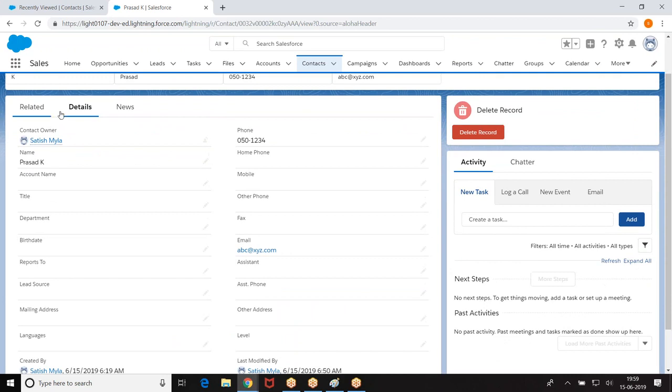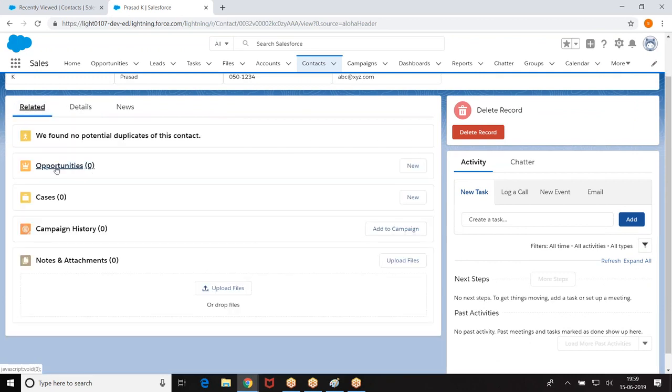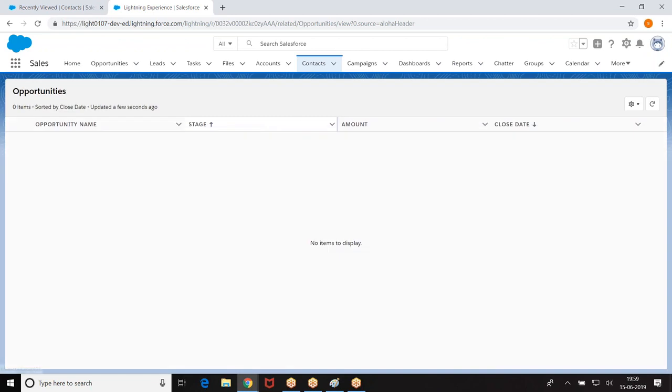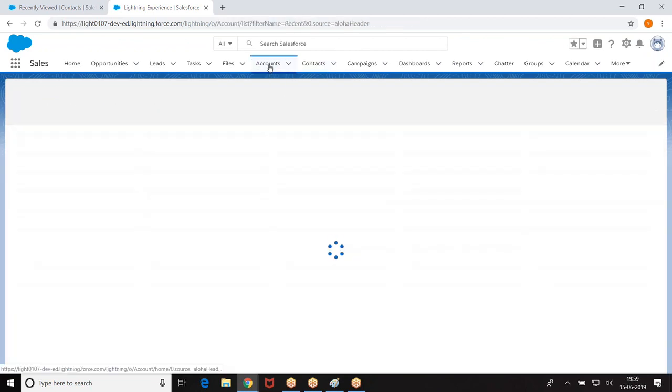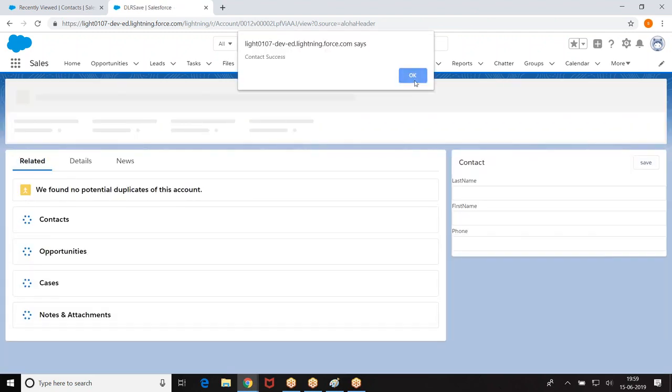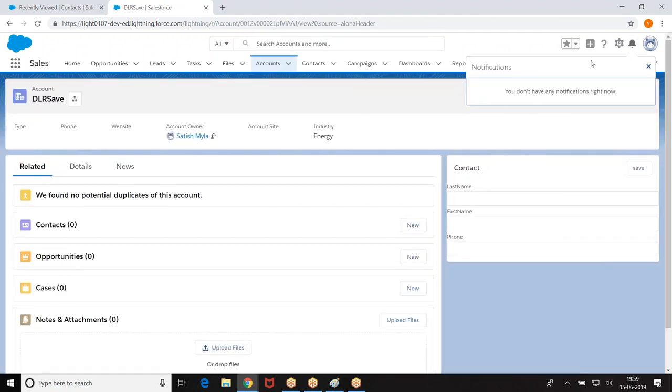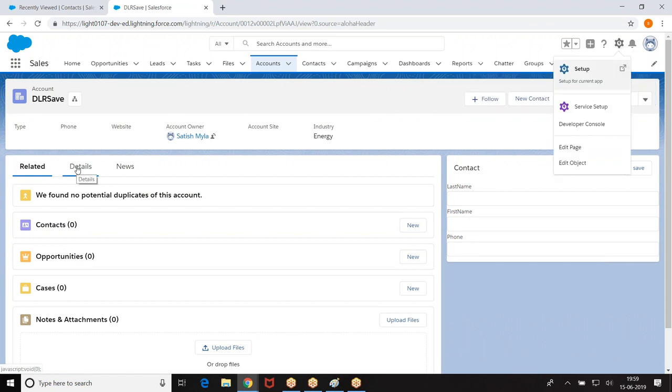Now here we have a related list, right? Do you know which I am going to select here? You are not sure. If I select, the detail page should come, related should come, news should come. If I put everything in a single component, it takes more time to handle. If the length of the code increases, the load time also increases.